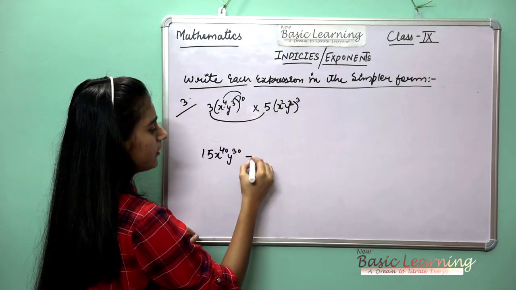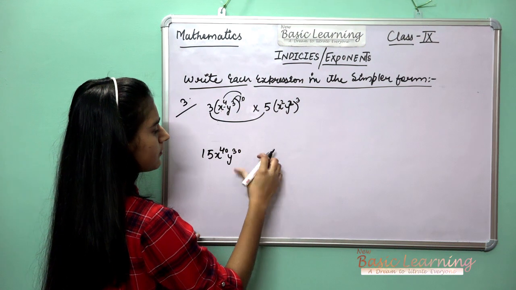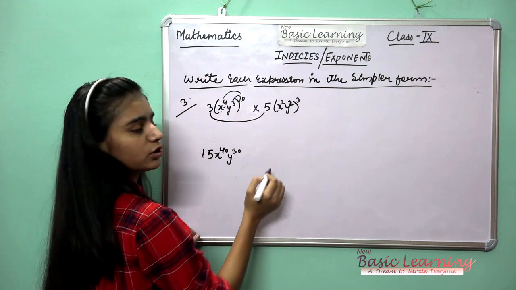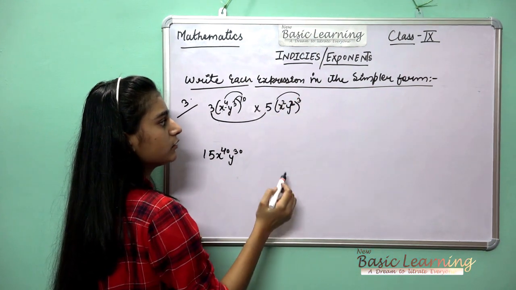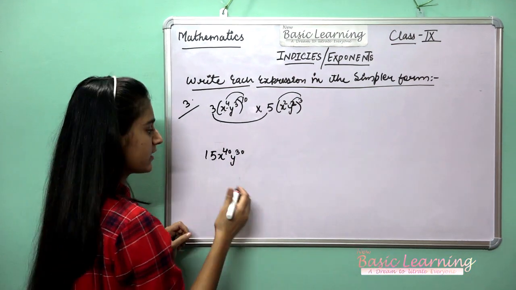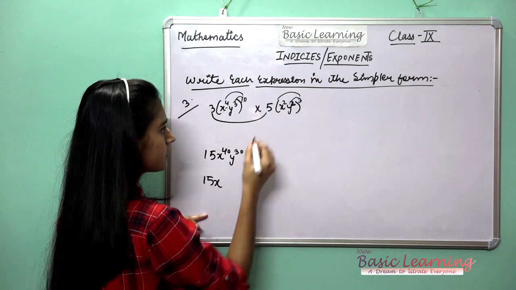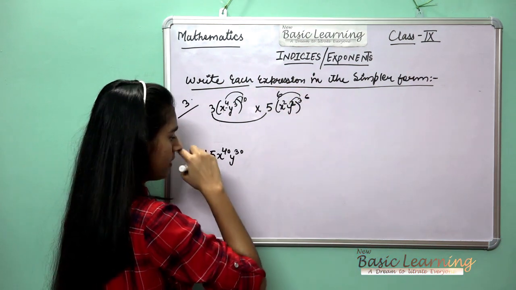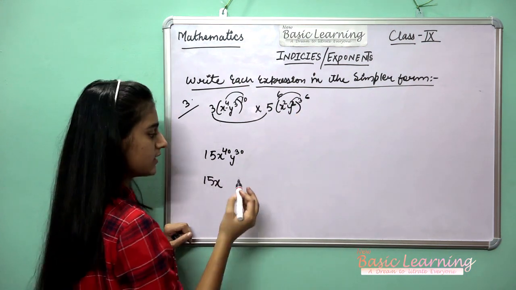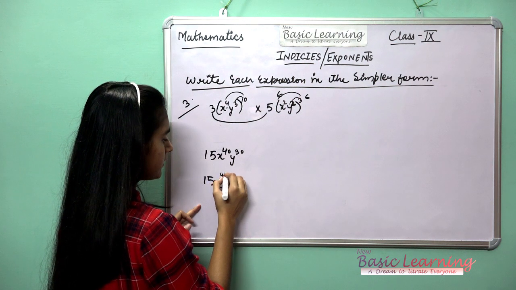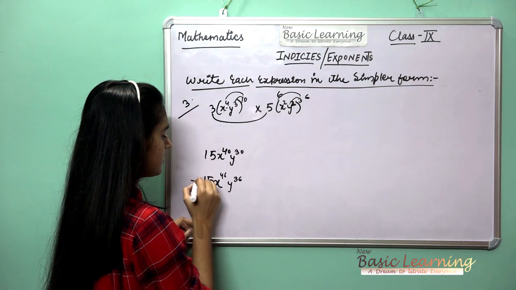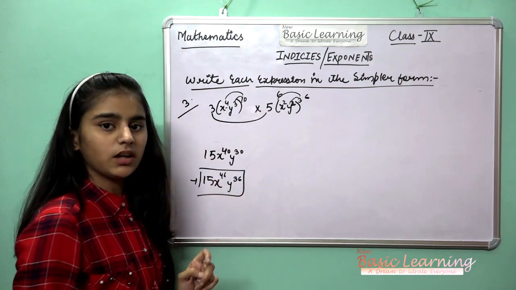Then here it gives 5 x to the power 2 and y to the power also 2. When we multiply 3 by 2, it gives 6, and also 3 by 2 gives 6. So let's add the exponents. x to the power 6 when we open this, and y to the power will also become 6. 40 plus 6 gives 46, and for y, 30 plus 6 gives 36. This is the answer. Now let's take the fourth question.